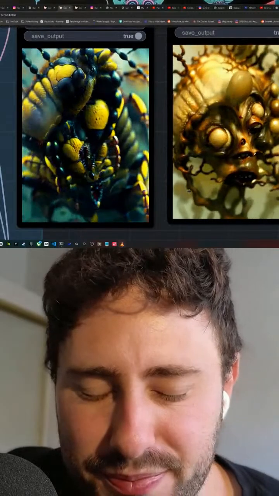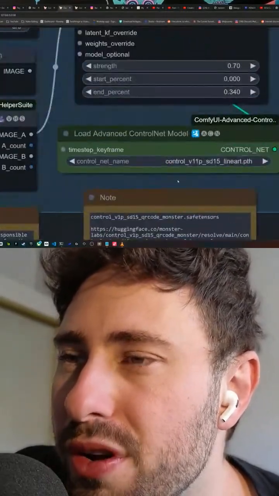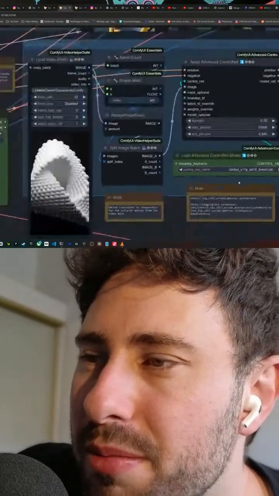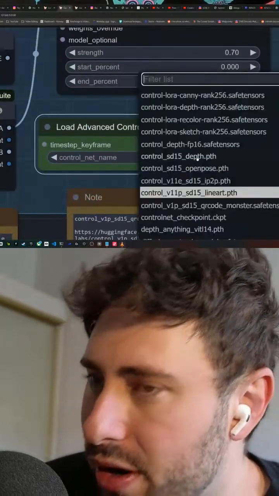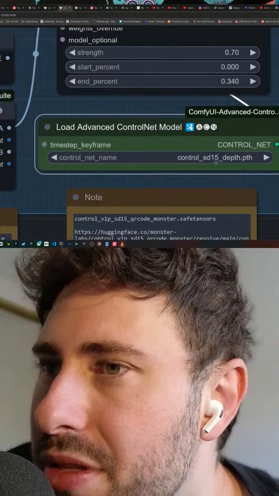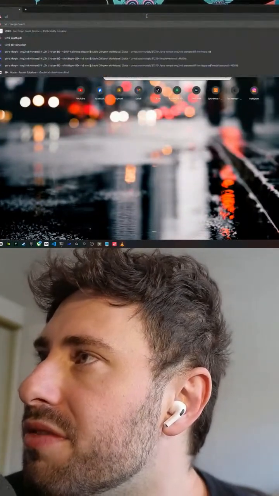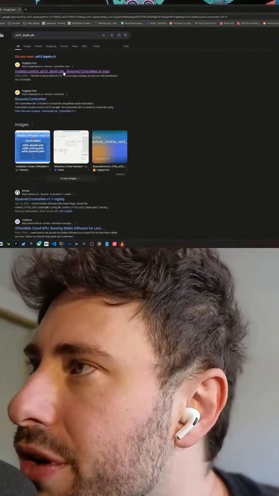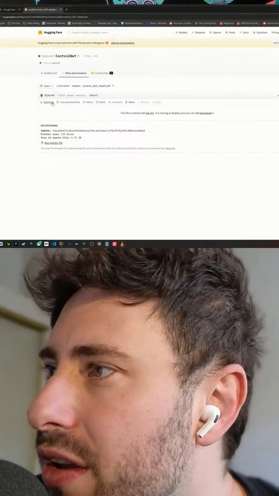I'll check it out. Is depth map control net? There is a depth map control net for sure. It's not the one I'm using at the moment. I'm using line art because lately I've been drawn to its results. But I do have a depth map control net, and it's called sd15_depth.pth. I think if you Google that exactly, your first result here will be a Hugging Face link. You should be able to download it right here.